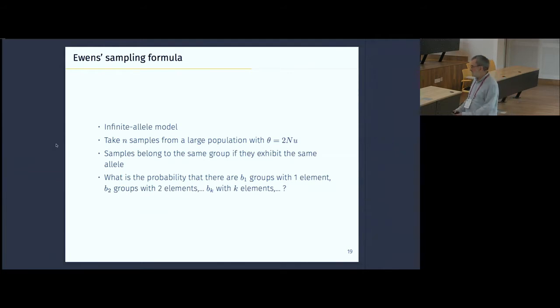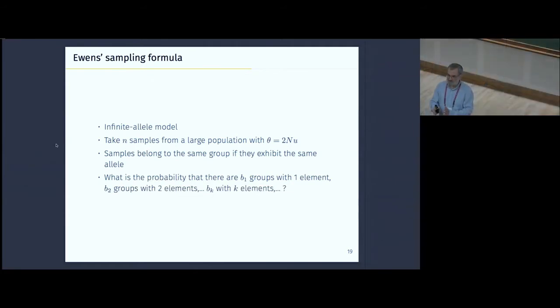Now you ask, if I don't look finally into the structure of the alleles, I say they are either equal or different. This is the infinite allele model. Then I bin my population in groups which have the same alleles. And then I ask, what is the probability that I have B1 groups with singletons, B2 groups with 2 individuals, B3 groups with 3 individuals, BK groups with K individuals? Is that okay? So I am asking what is called the frequency spectrum